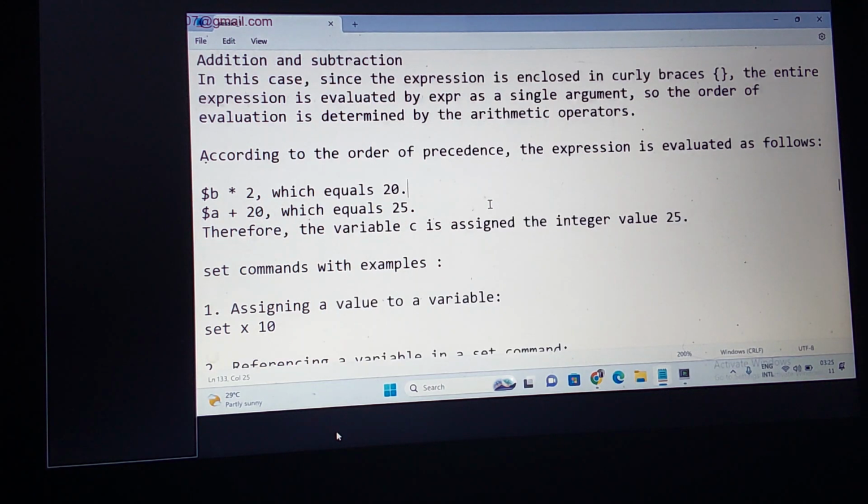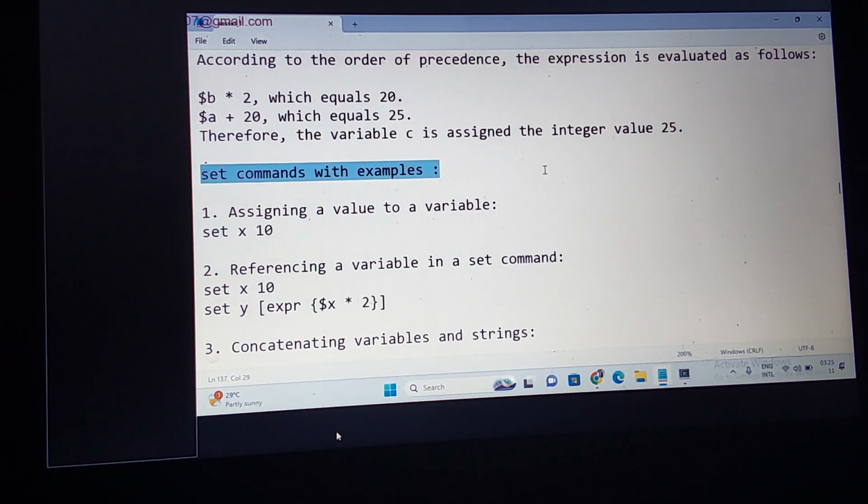Well, let us continue with some set commands. With understanding of why we need to represent the data types, we talked about it today. And then we talked about the role of dollar symbol. Then we talked about brackets, the different brackets which we are using in the shell program.